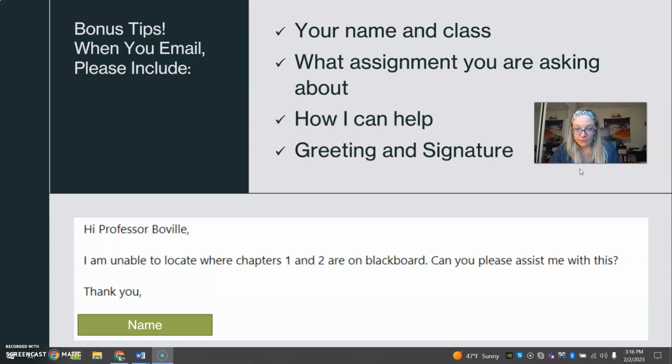So ideally, this person would say, I can't locate chapters 1 and 2 on Blackboard in English 97. But for the most part, I can quickly see, oh, okay, this person needs help with Blackboard, and maybe I can figure out who that is. But the more information you give me, the better. If you're emailing an instructor who's super busy, like I teach 7 classes a semester with 20 students per class, so that's a lot of people. The more information you can give me, the better I am able to help you,